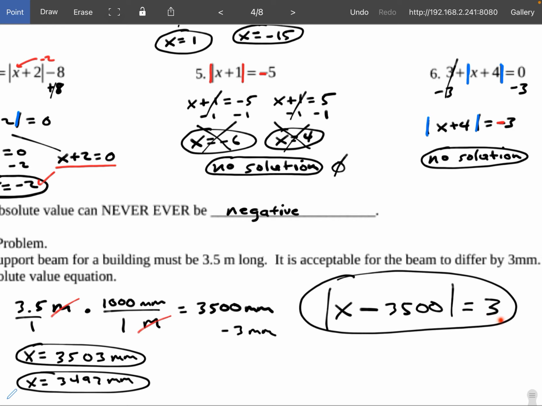All right? So if you want a hint for how to set that up, you always want to do this where this number over here outside of the absolute value, that's going to be the number that represents like how much too big or how much too short it can be. The 3 is how much too long it can be, or the 3 millimeters is how much